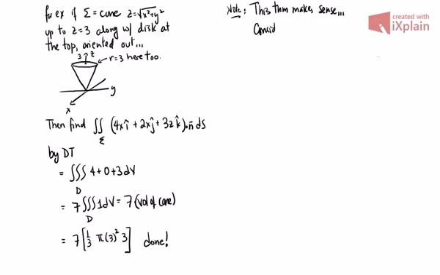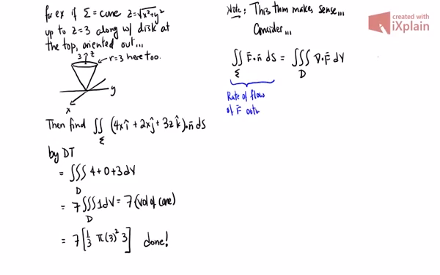So consider what it says. Again, you don't need to know this. It's just an interesting fact. It says that this guy, the integral over sigma, and remember sigma is oriented out, is equal to this guy. So let's remember what all these things are actually measuring. What this guy over here is measuring is the rate of flow of F, let's say outwards, because that's how sigma is oriented, through sigma. Because remember that the surface integral of a vector field, we think of as measuring the rate of